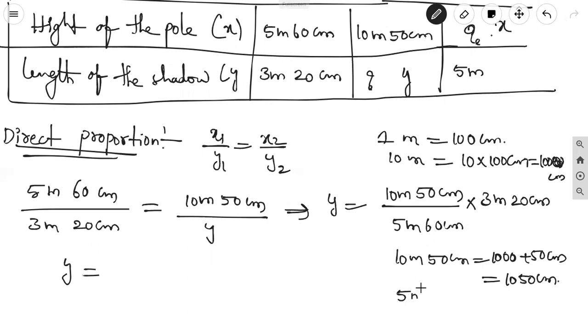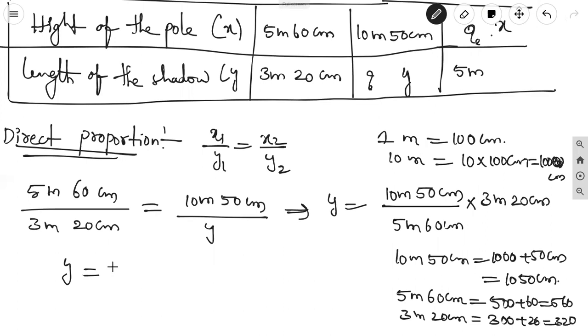In the same way, 5 meter 60 centimeter equal to 500 plus 60 centimeter, 560. 3 meter 20 centimeter equal to 3 into 100 plus 20, 320 centimeter. Right, all in centimeters, 1050 into